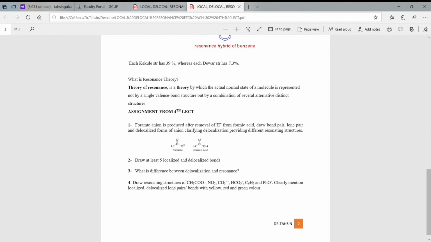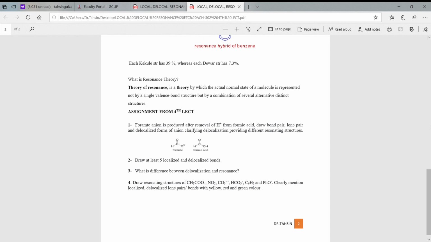So the last one, draw resonating structures of acetate, nitrate, NO2 minus, carbonate, bicarbonate, benzene and phenoxide. Phenol is an acid. When a proton is removed from phenol, you can write many canonical forms. Now you have to tell in acetate which is bond pair, which is lone pair,